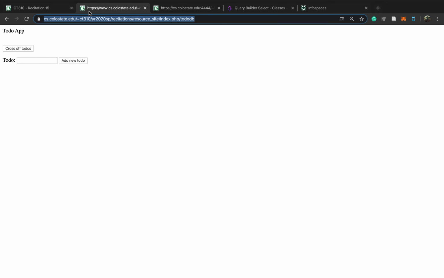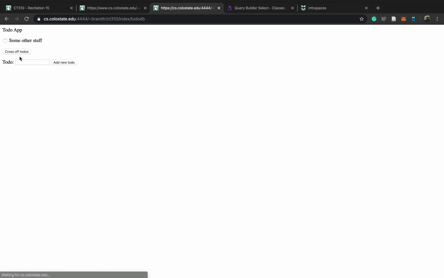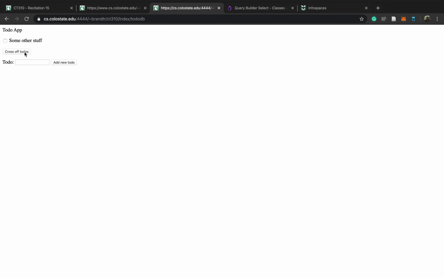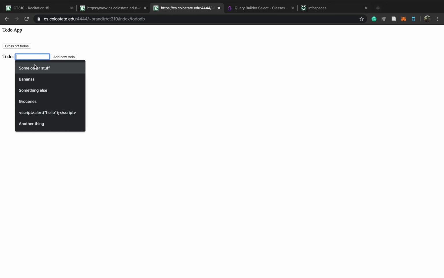Now this is a non-working version, so there's also a working example linked through the lab where you'll be able to create some to-dos and cross them off. This one you can see all the buttons click, but I guess mine works too, so it could possibly be because these are linked to the same database for me. So I will link it to a different database when we're doing that. But this one you can see does not work,